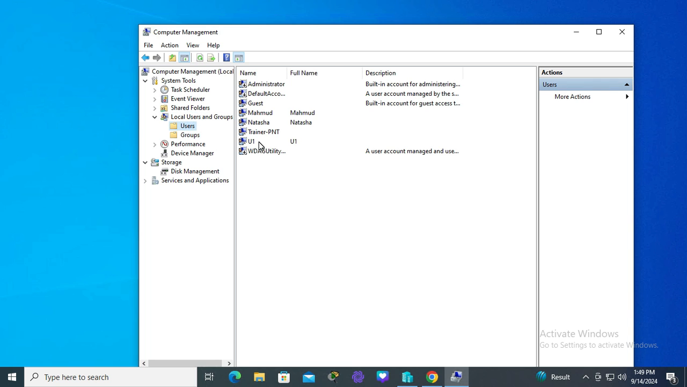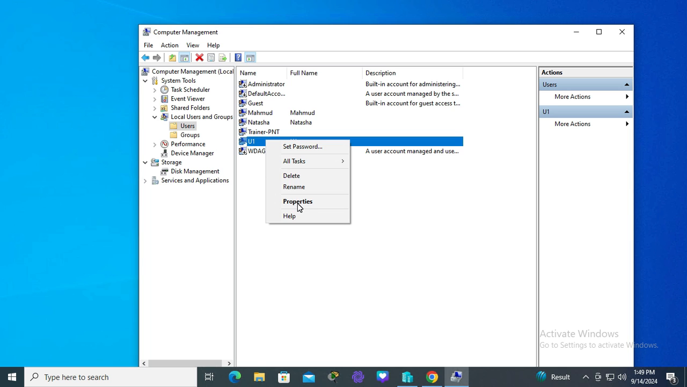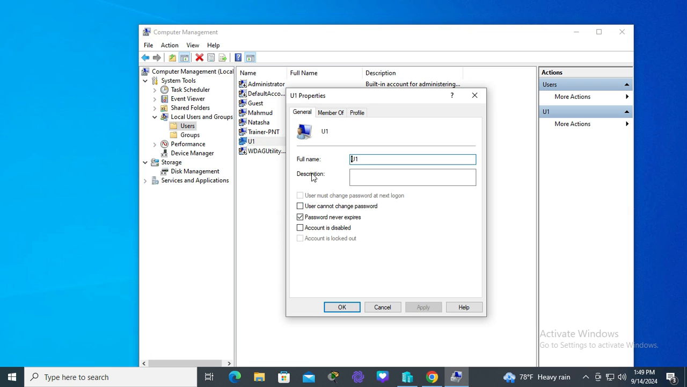Here I have a user U1, and now I'm going to disable this user account. Right click on the user account and click on Properties. Under the General tab, you will find some options, and here you will find an option, Account is disabled, and